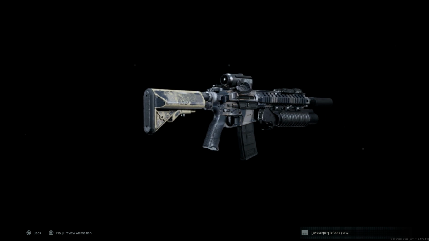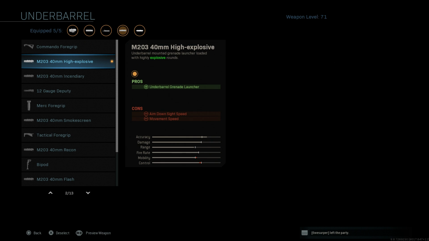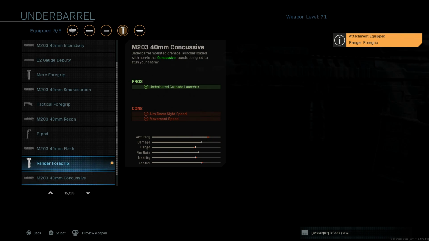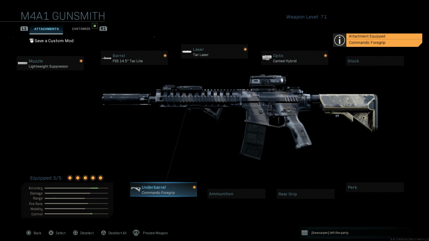Very nice. This thing handles really well in game. I use this a lot, actually. You can swap out the M203 grenade launcher also and do something like a Ranger foregrip, which I like a lot, as well as the base Commando foregrip, which works really well with the M4 SOPMOD. So that's the M4 SOPMOD